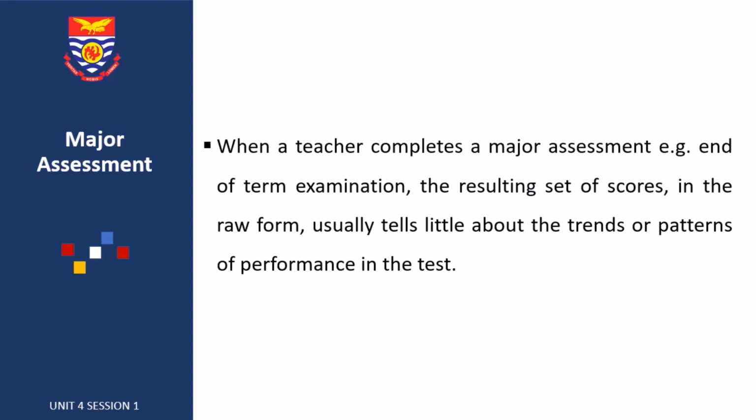So is 54 a high score or a low score within the overall group performance? You, the teacher, would like to know how many students score high or low marks and use the information to describe the distribution of scores of the group. But mere listing of the scores does not give any useful picture of an individual's relative standing or the group trend. So the teacher needs to attempt to describe and summarize the set of data in a meaningful and usable form to show the trends or patterns,